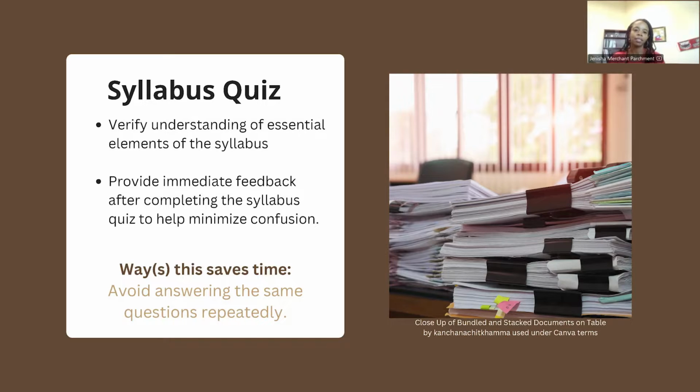And so one of the ways that you can address students maybe not fully reading or understanding, or not even taking a look at your syllabus, is by creating a syllabus quiz. So ultimately, the purpose of a syllabus quiz is to make sure that students have an understanding of the essential elements of your syllabus. So when I recommend a syllabus quiz to instructors, some of the things that I encourage instructors to think about